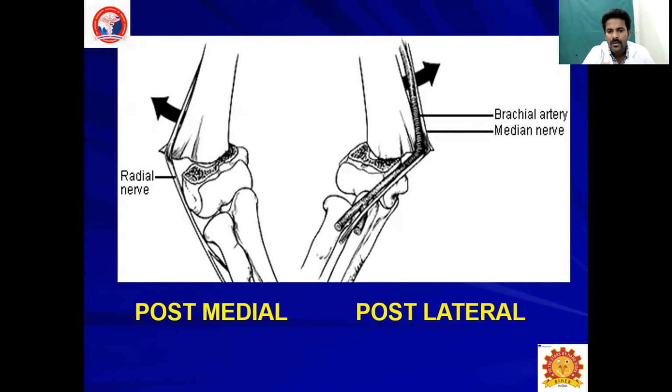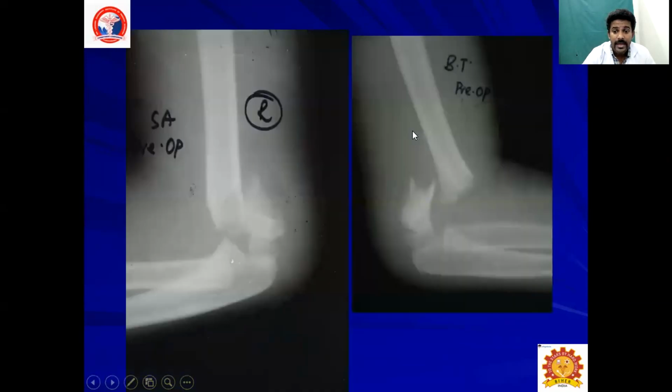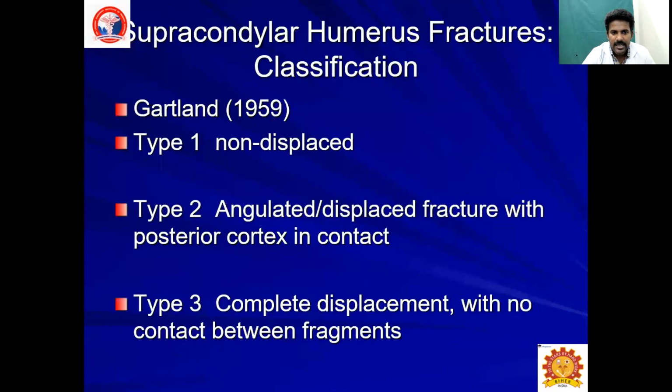If it is varus or valgus angulated, here you can see it is varus angulated. It's angulating laterally, that is away from the center, so that it stretches over the radial nerve. If the fracture site is angulated medially, that is towards the center, we call that valgus. You will find a brachial artery or median nerve injury. Here you can see a fracture which is posteriorly displaced, that is a flexion type.